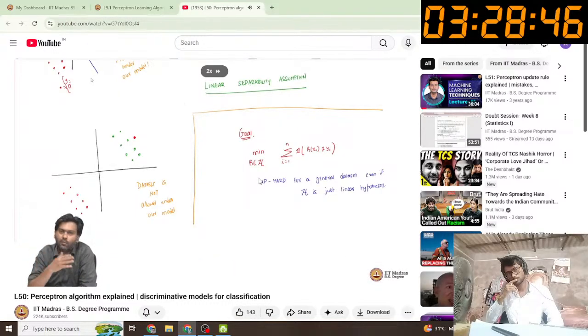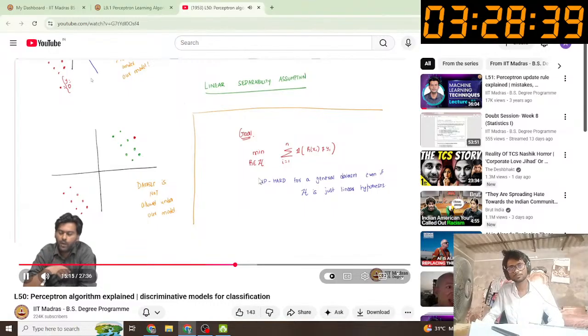So what do you mean by a general data set? Well, there is no restriction on how the data set should be, right? So there could be outliers, there could be all sorts of mixing and matching between greens and reds that could happen. So in a general sense, if you want to find the best possible line, that's a hard problem. But now